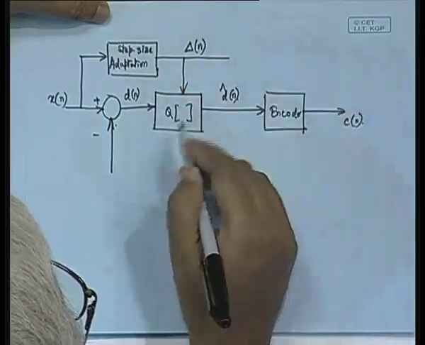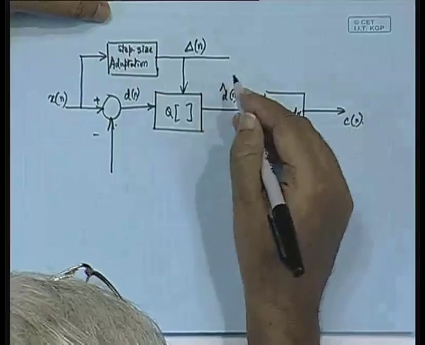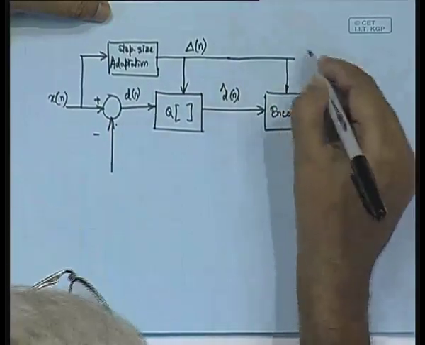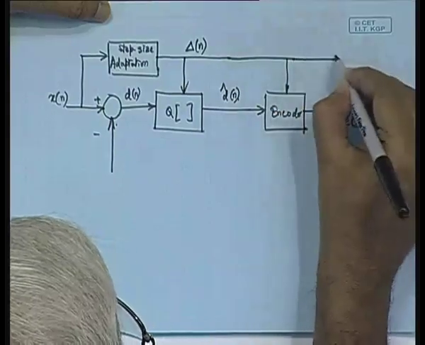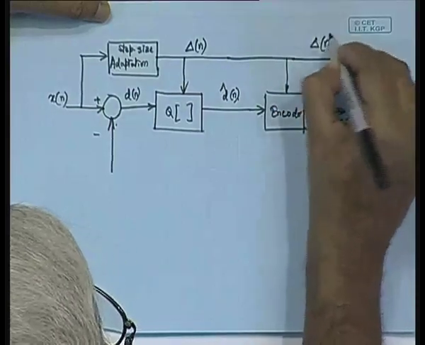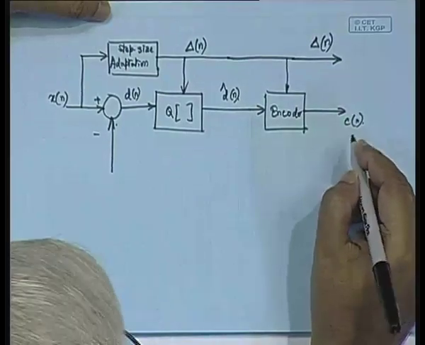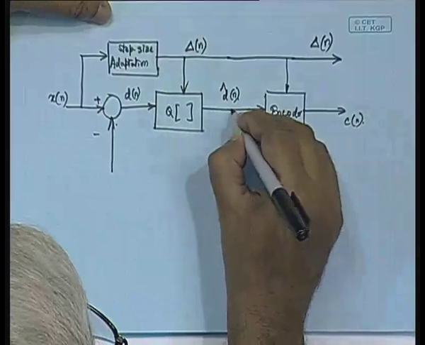Okay. So, using the delta n we can control the quantizer and the encoder, and then we have to give this delta n to the channel. Okay. So, delta n and Cn both go into the channel,